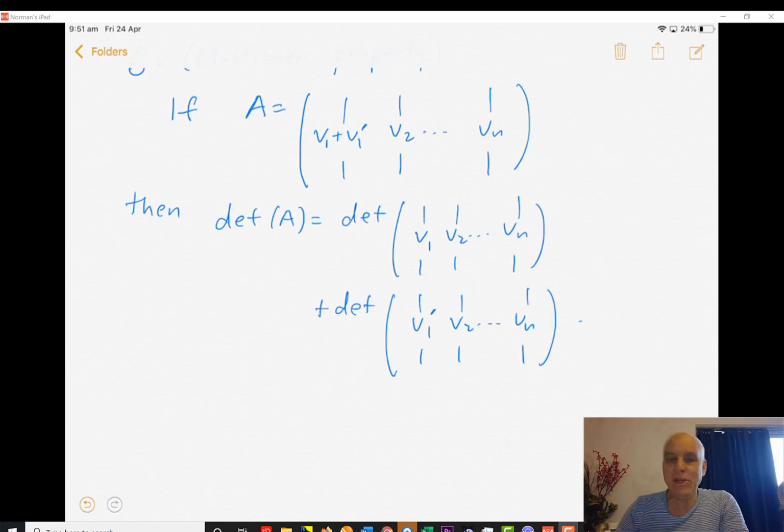So this is linear, so the determinant is linear in the first column, and in fact it's linear in any column because the swapping property above shows that that's going to happen. So the determinant